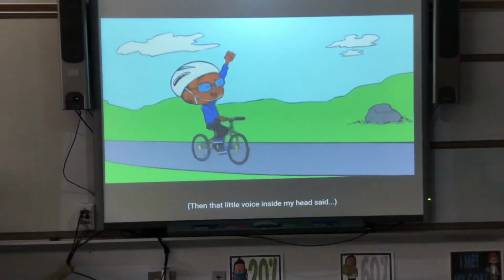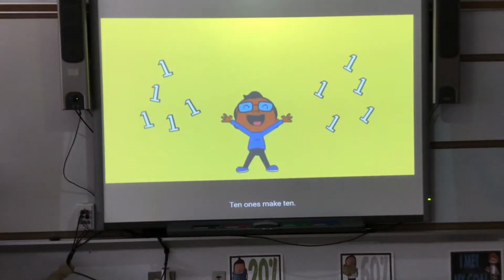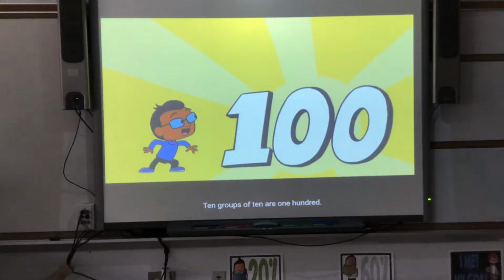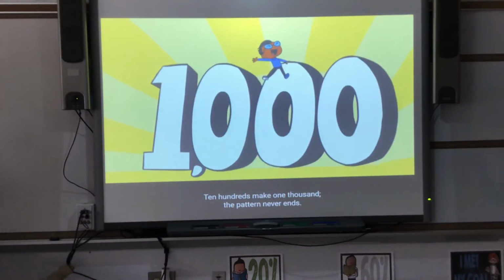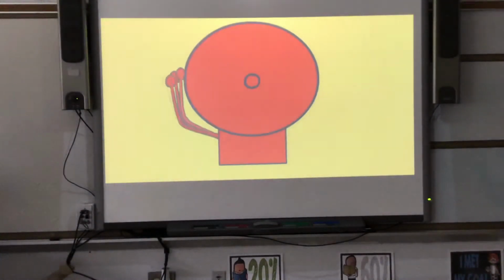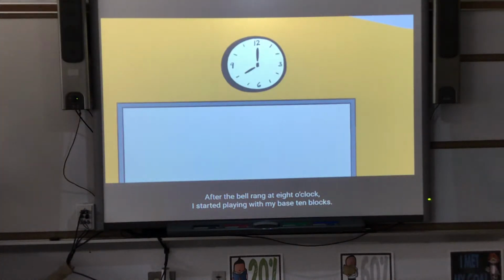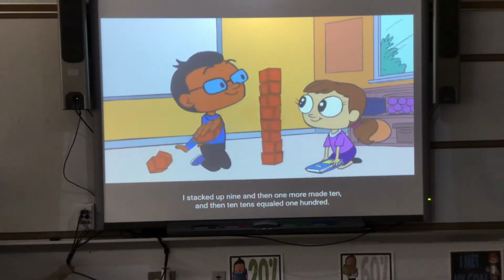Then that little voice inside my head said, 10 ones make 10. 10 groups of 10 are 100. 10 hundreds make 1,000. The pattern never ends. After the bell rang at 8 o'clock, I started playing with my base 10 blocks. I stacked up 9